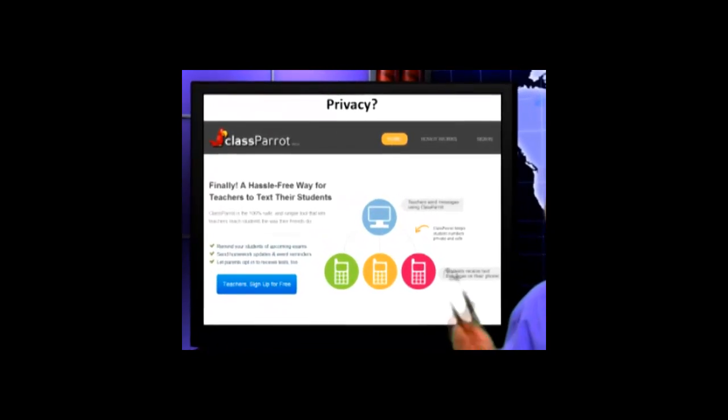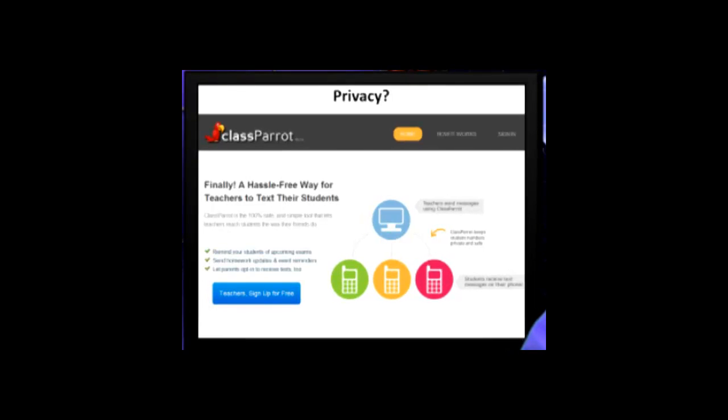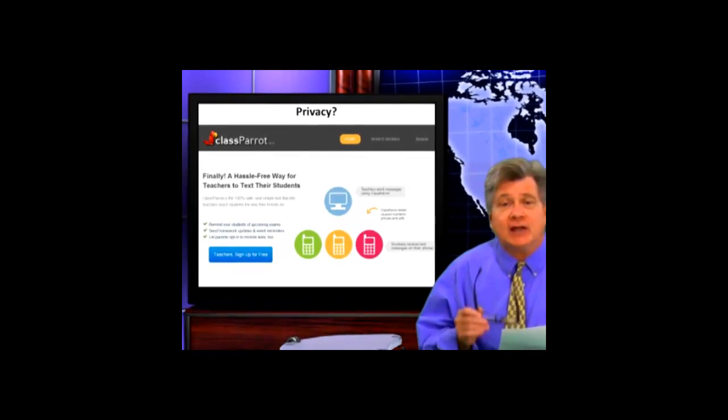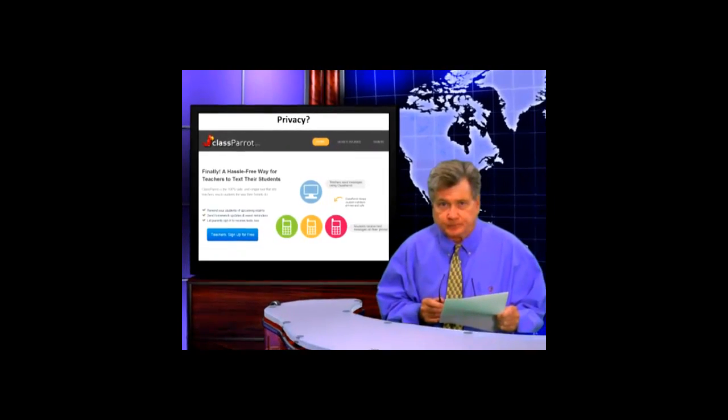Class Parrot, as you can see from the graphic, gives you a closed system of communication of text messaging. In other words, there is one phone number. That phone number is unique to each class that you sign up on Class Parrot. And you can sign up as many classes as you want, and each has only one phone number.